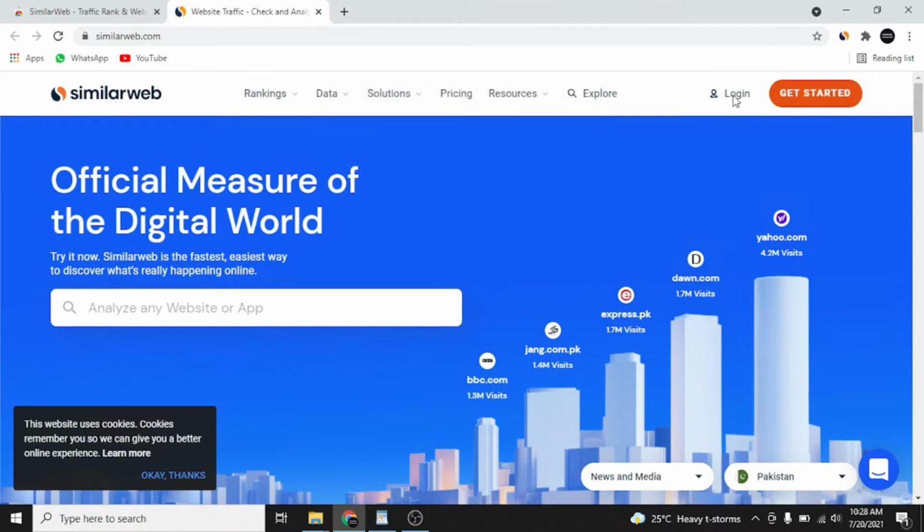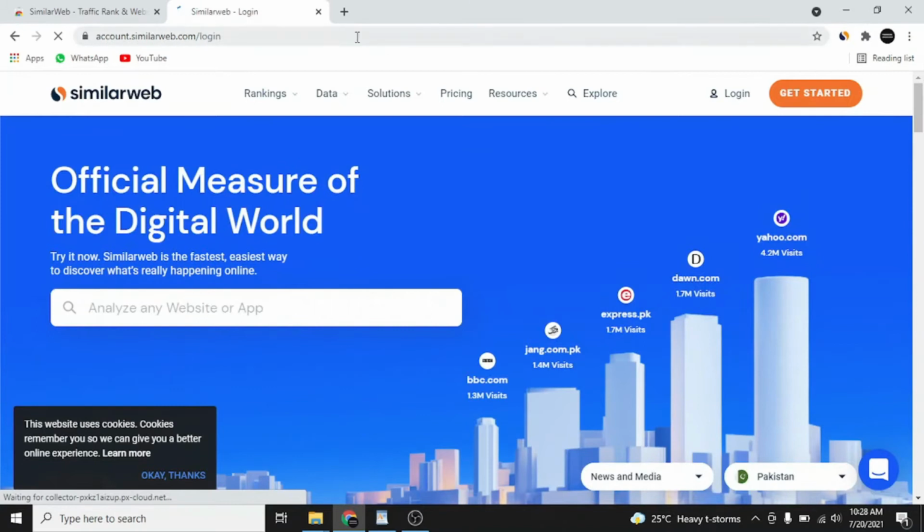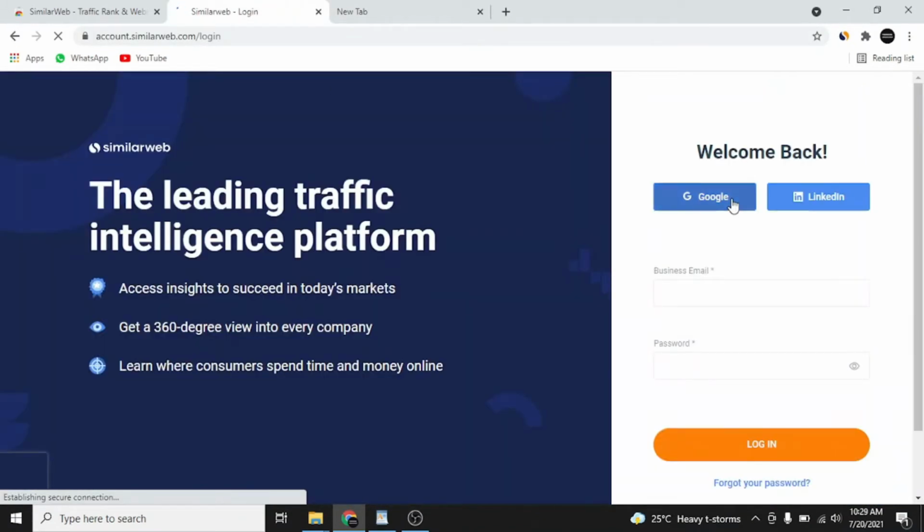I am going to log in with my Google account. You can see here is the Google account, and I am going to sign up with this one as well. It will take some time, my internet is not too fast.